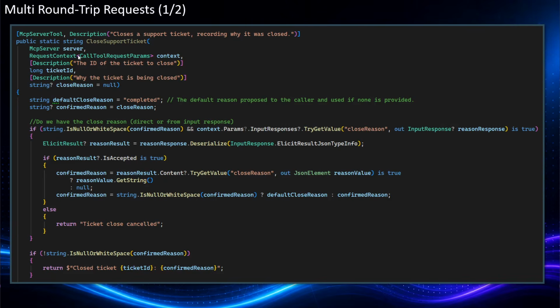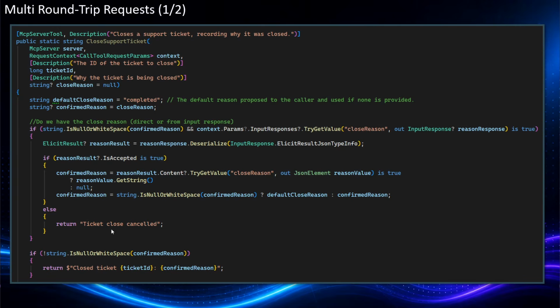The way it works is if we have a tool here that we ask to close a ticket, and you optionally could put in a close reason. So if the close reason wasn't given by the input of the upcoming input response, or if it was there in this case, we could go and see if they accepted it with the close reason, and we could get it.